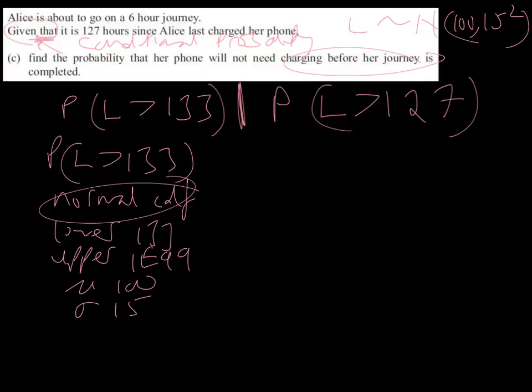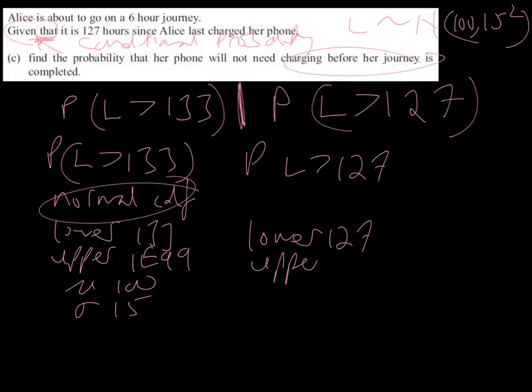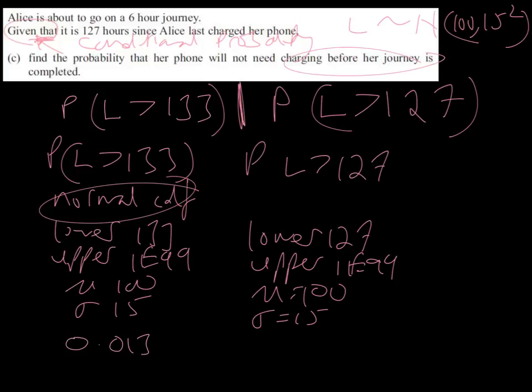We're then also using normal CDF to try and find the probability that L is greater than 127. So again, here the lower bound will be 127. The upper bound will again be a really large positive number. The mean is 100 and the standard deviation is 15. So from our calculator, we should end up with a value for the probability that L is greater than 133 of 0.0139, and the probability that L is greater than 127 is